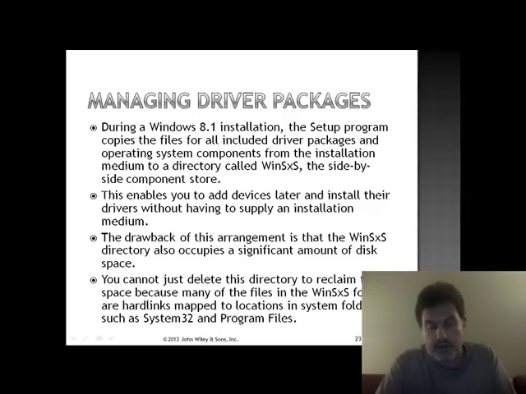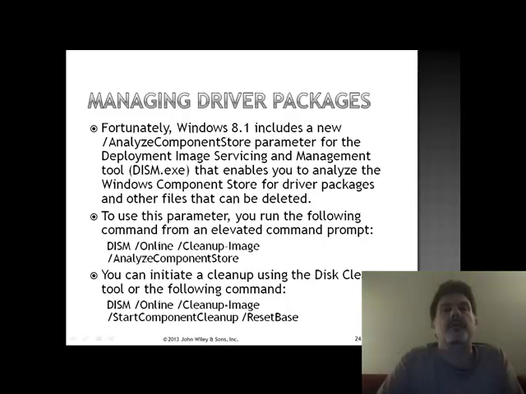Now, if you've taken Linux, you know that a hard link is mapped to locations in system folders. They are part and parcel with multiple links on a piece of storage medium, so that even if you deleted one of those references, the file is not going to go anywhere until all of those hard links are removed. All instances referring to that file have to be removed. You can't delete it. So, fortunately, Windows 8.1 includes what they call the Analyze Component Store parameter for Deployment Image Servicing and Management. We call this tool, I call it the DISM tool,